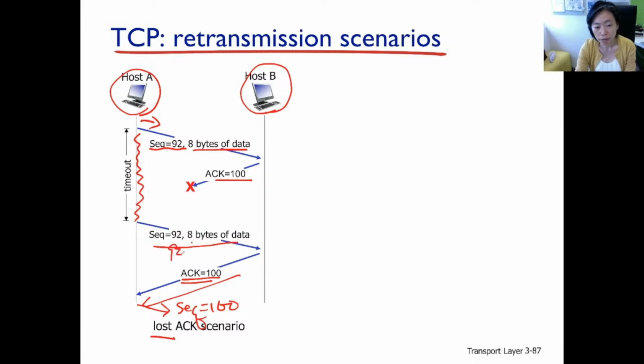Because the ACK number here is counting to the last byte plus 1. So 92 is the first byte. The last byte will be plus 8 subtracting 1. But ACK is adding 1 back here. All right, so it's 100, and adding 1 back is also a way for the receiver telling the sender what is the next byte expected, what is the next data byte expected. So the packet coming out from the sender next is definitely going to be the same sequence number in the ACK received previously, right? 100.